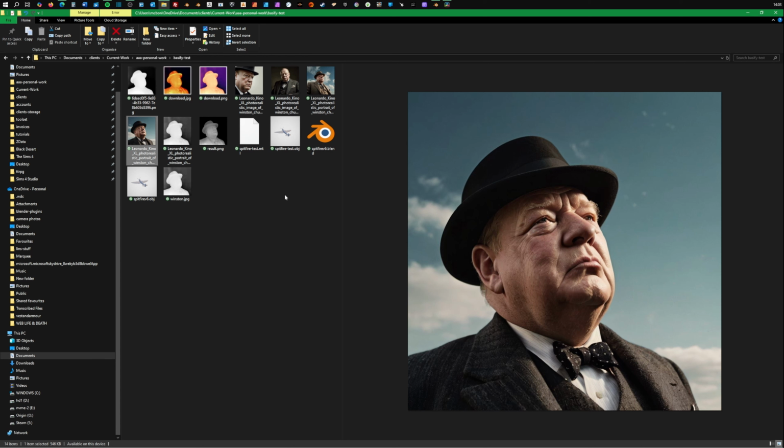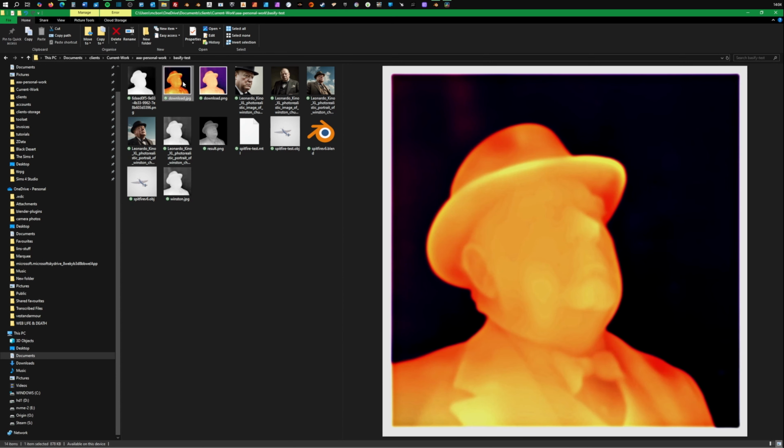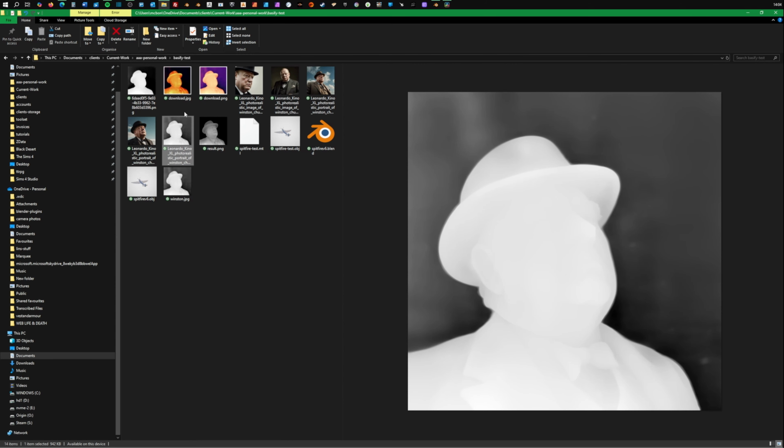But what I thought, well, can we take that a step further and generate a base mesh directly from the image that we can then start sculpting on? So I did. I found a bit of code on Google Colab. I'll put the link in the comments because I can't remember off the top of my head what it's called. That basically takes a photograph and generates a depth map from it. It is not a detailed depth map by any stretch. I've been going through all the different iterations of depth map generators that are available out there.